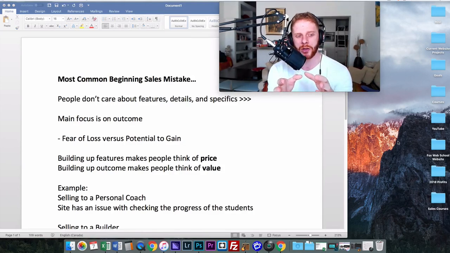So when we get too in-depth with features, with details, with specifics on a phone call or in person when we're selling, it's just not relating exactly to how people are viewing it themselves. The person who's purchasing your service or purchasing your product cares much more about how this is going to help them than exactly how it works. After they've made the decision to buy, now they're going to care about how it works, and they're kind of going to backwards rationalize their decision to buy by basing it upon features, by basing it upon details. But that's not their initial decision to buy.